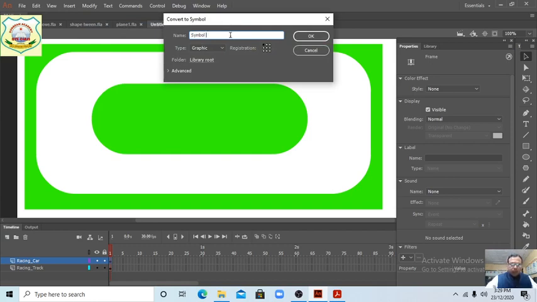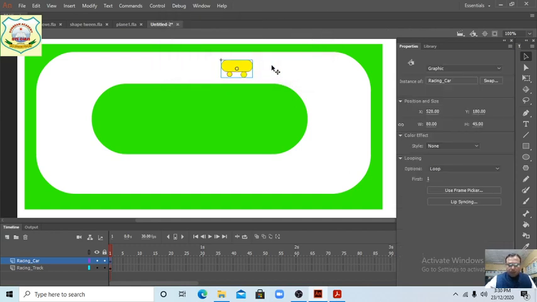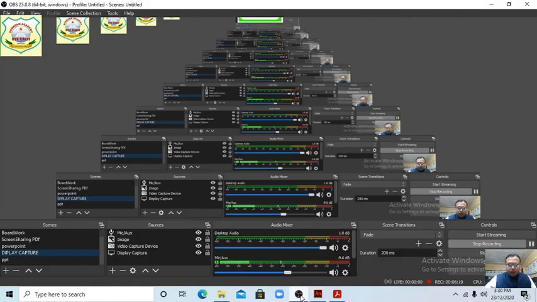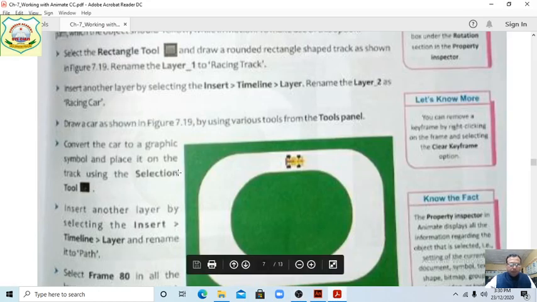Now we write here racing underscore car. It should be graphic, which is already given by default. Okay, now this is the graphic. Next one is given. I am showing with this PDF file. Selection tool we have done.